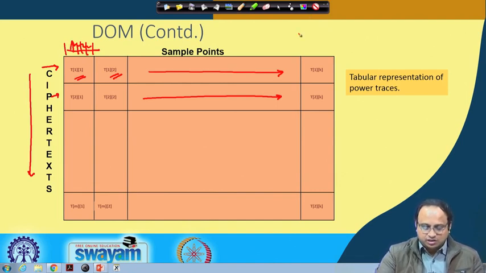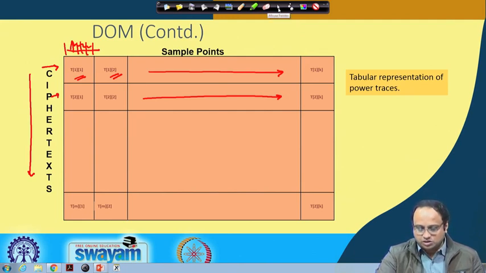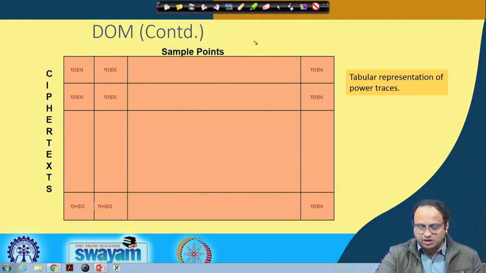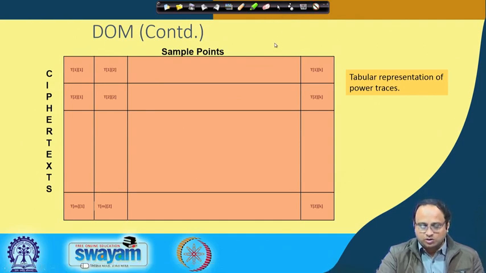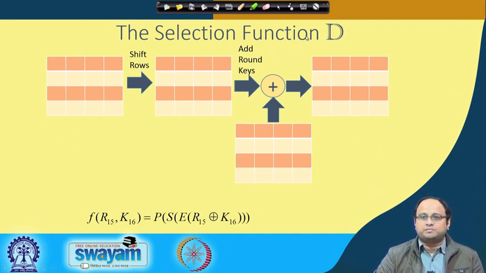So you have represented the power trace in a tabular fashion. This is captured by the oscilloscope and then stored back into the PC, where you keep this data. So now let us see how we can do the subsequent steps of the attack. Let us look into AES as a specific example that we are discussing,